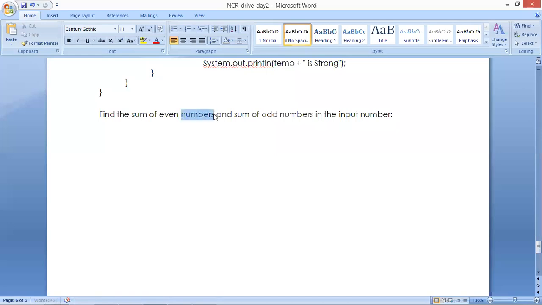Even digits and odd digits, better to understand. Even digits and odd digits.